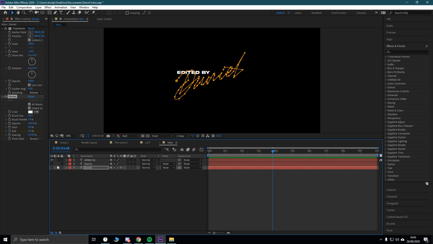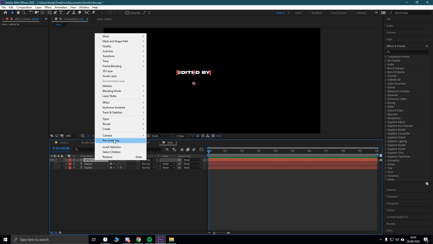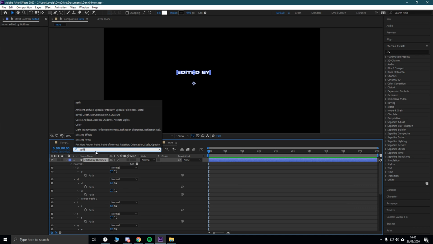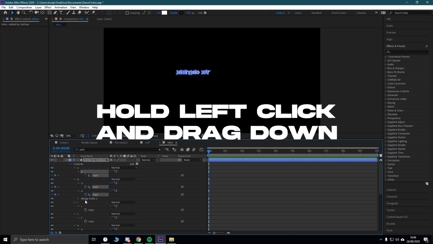Alright, so up next is the edited by. With this and that actually. What you want to do is right click this, create shapes from text. This will automatically make this invisible again. But you want to click on this, go to fill. Actually, no. What you want to do is click on this, go to path, and you want to keyframe all of these